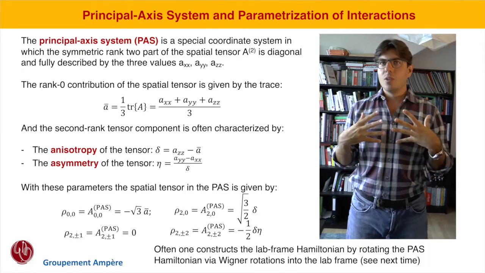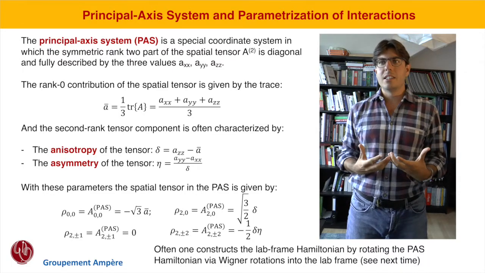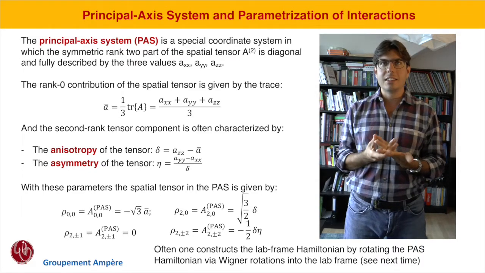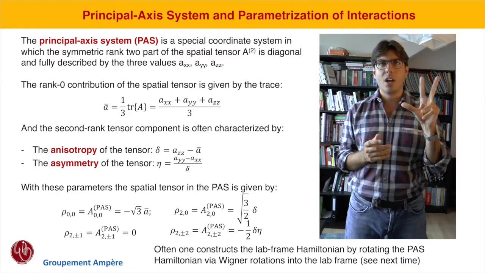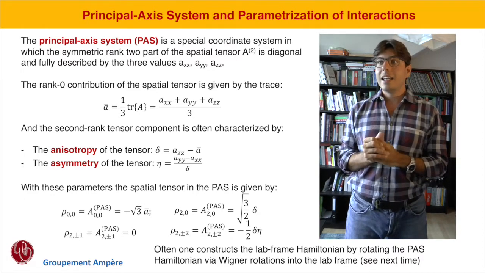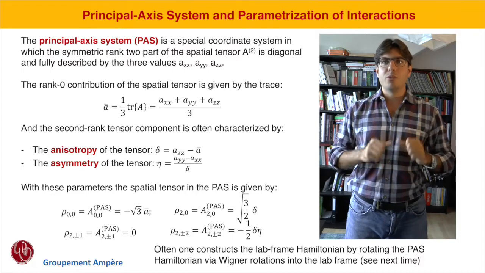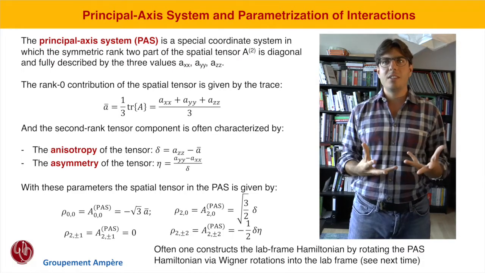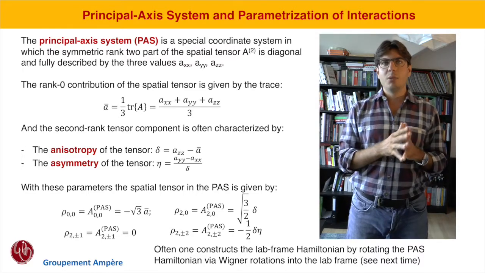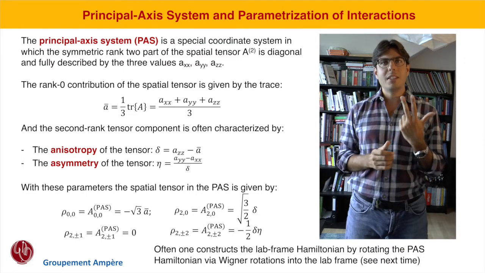And with these parameters and the expression for the spatial tensor in the principal axis system, which, as we said, is just composed of 3 components, Axx until Azz, we can also have expressions for the spatial tensor in the principal axis system that greatly simplify and that are only related to these 3 important parameters